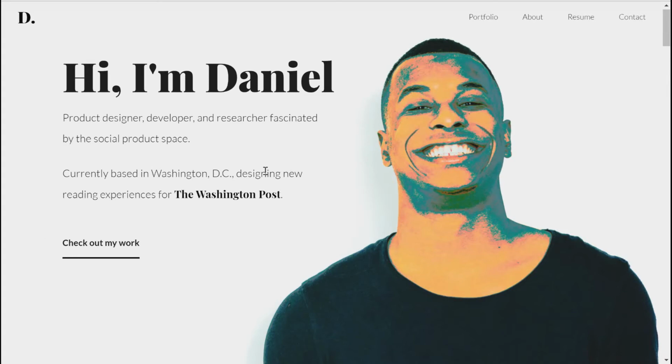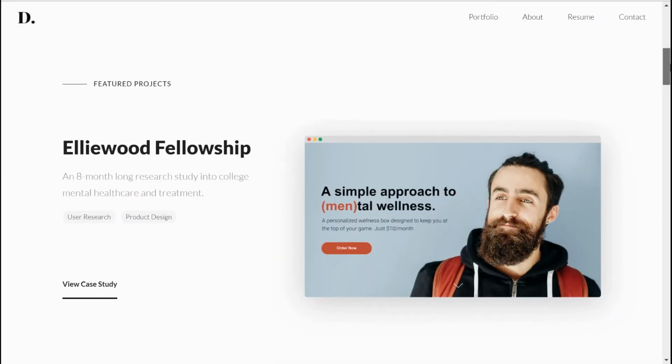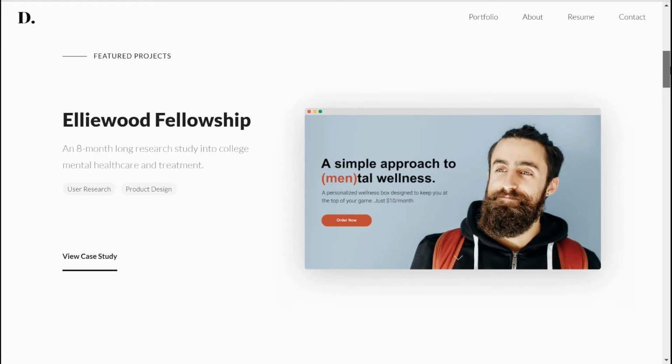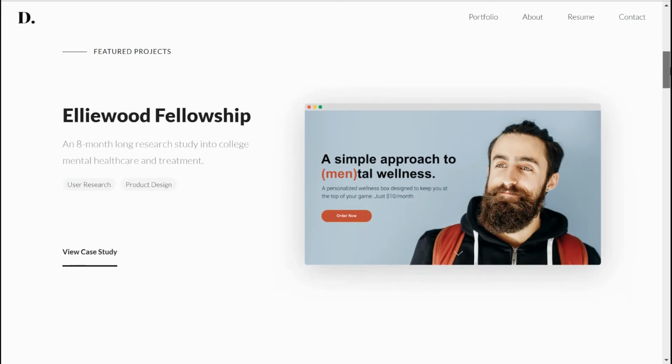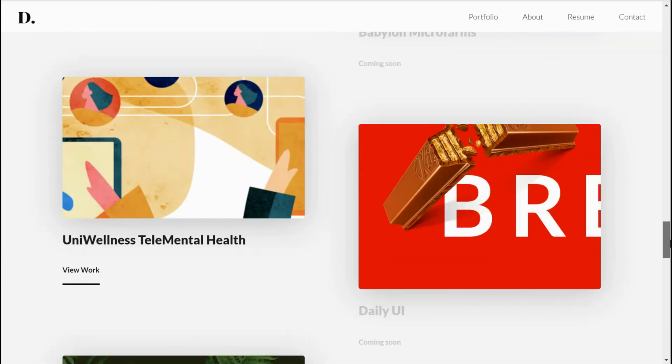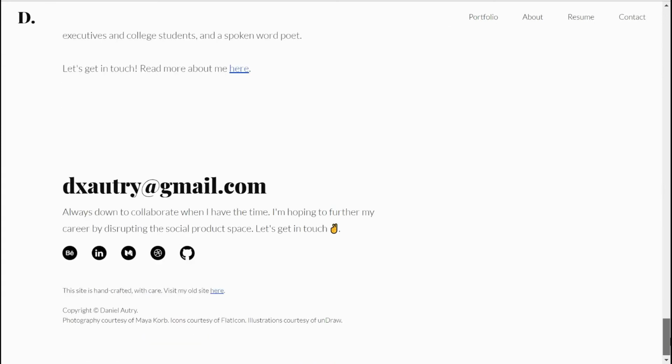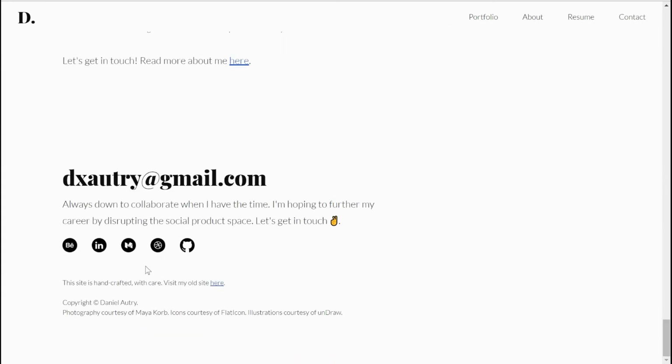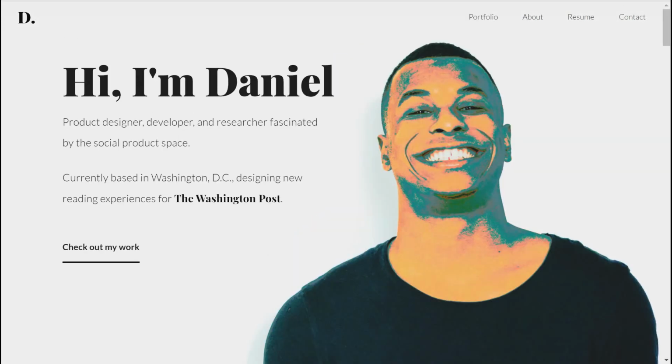I also enjoyed Daniel's profile. He has written a little bit about himself here. What's more interesting is that he has put the more relevant projects that he has done collated under featured projects, and then he has other works in a separate section, and then another section about himself which ends with his contact information. See, all you have to do on Google is to search for the words UX portfolio examples and you will find multiple examples for you to take inspiration from.